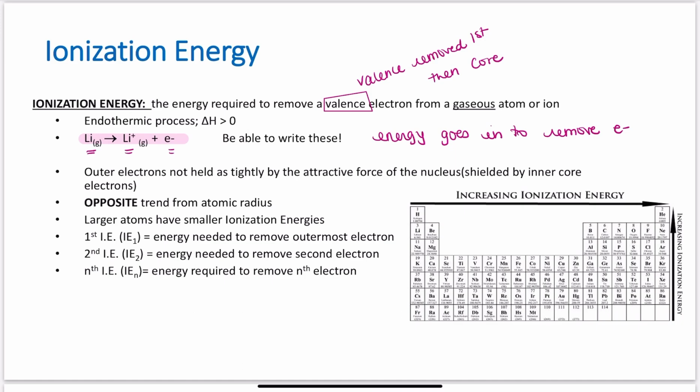Outer electrons are not held as tightly by the attractive force from the nucleus, again, your effective nuclear charge, or are more shielded by the inner core electrons in their way to the pull of that nucleus, so they're easier to remove. And that's why I see the energy increasing as I go up the table, because as I go down the table, I'm further away